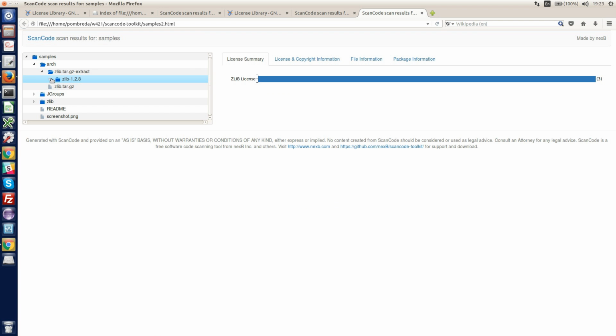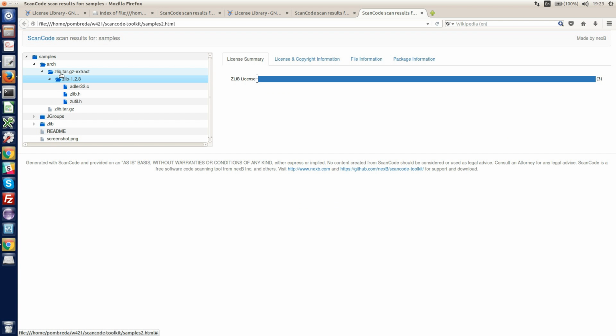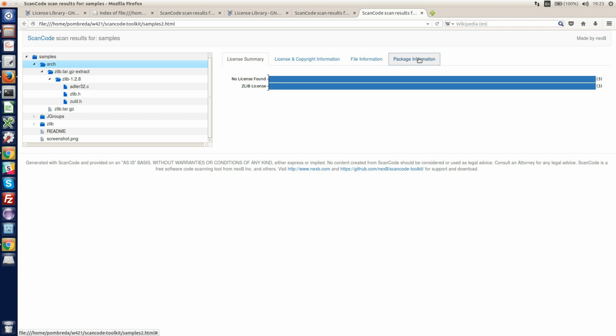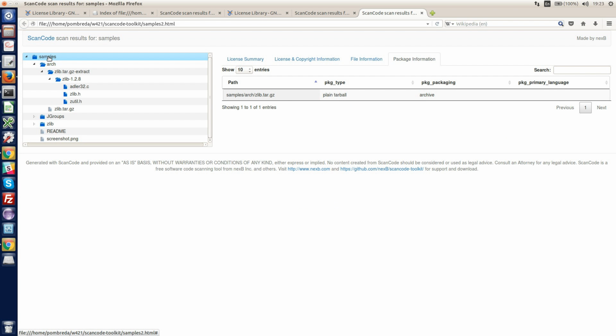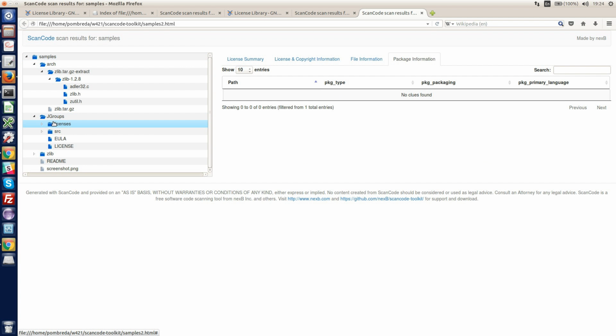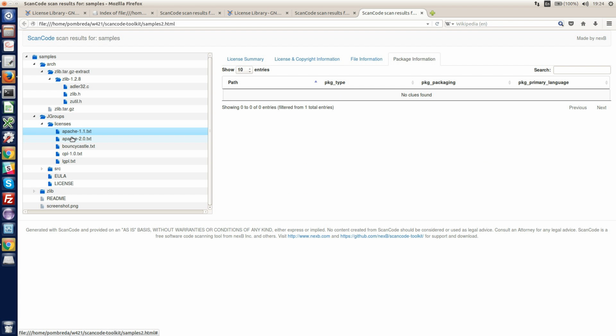In this case, it's all under the zlib license. I can see also that we have, in this case, a plain table that was recognized as an archive, as a package. If it had been a Java archive, it would have been detected as a Java archive, or a NuGet package; a gem would have been recognized in the same way. So that's the gist of the